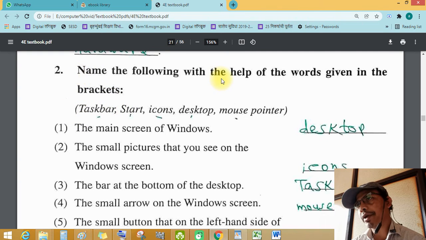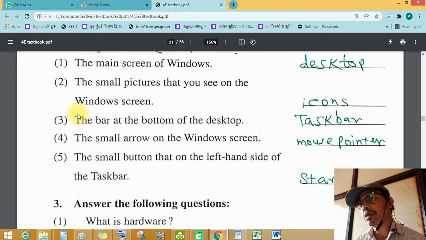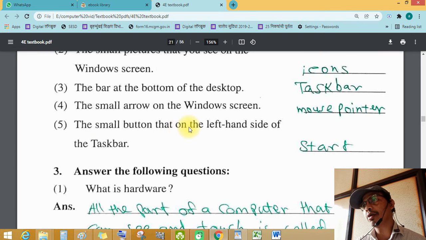Next, name the following with the help of the words given in the brackets: taskbar, start, icons, desktop, mouse pointer. The main screen of Windows, desktop. The small pictures that you see on the Windows screen, icons. The bar at the bottom of the screen, taskbar. The small arrow on the Windows screen, mouse pointer. The small button on the left hand side of the taskbar, start.